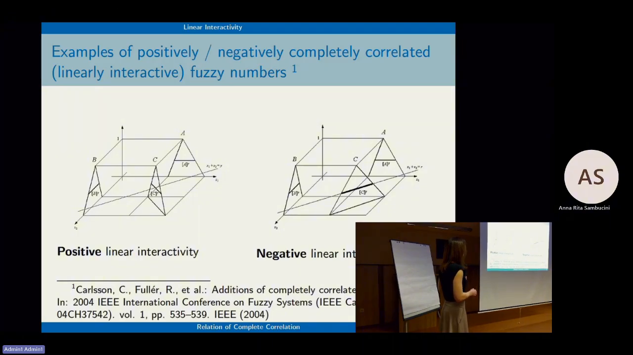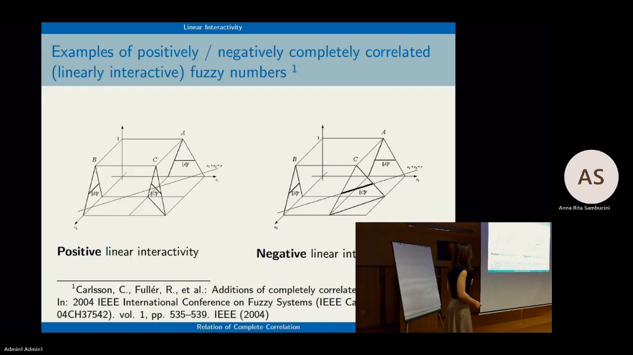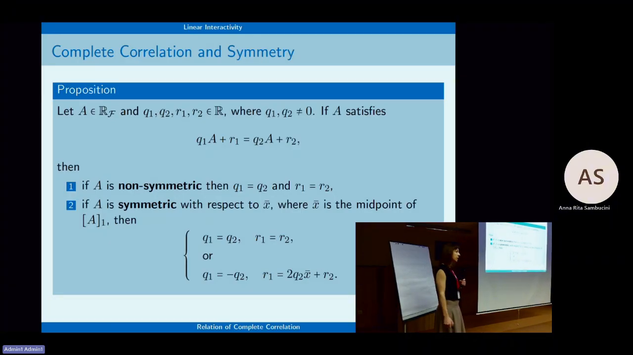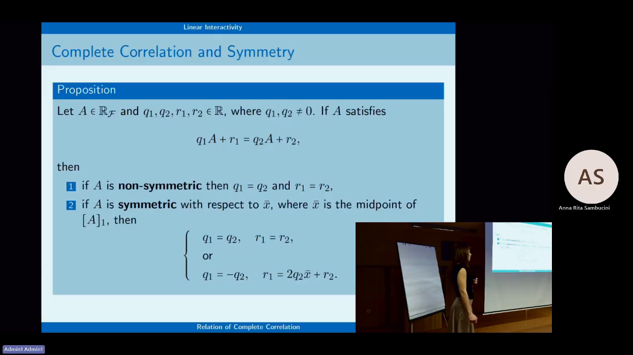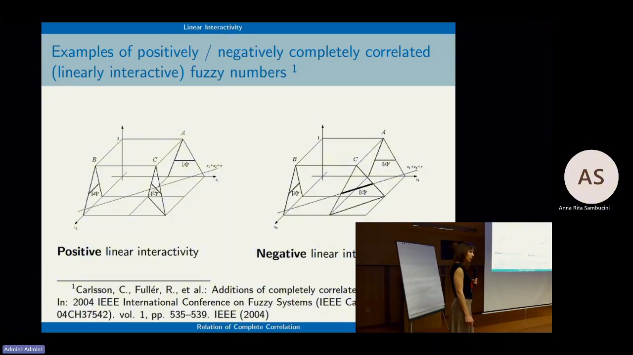And what we see here is the line which connects the elements of the fuzzy numbers. In the first case, it's in a positive way, and in the second case, it's in a negative way. Let me mention that this relation is directly connected with the notion of symmetry, because if two fuzzy numbers are symmetric, then if there exists a complete correlation relation between them, it is also positive and also negative, this correlation,